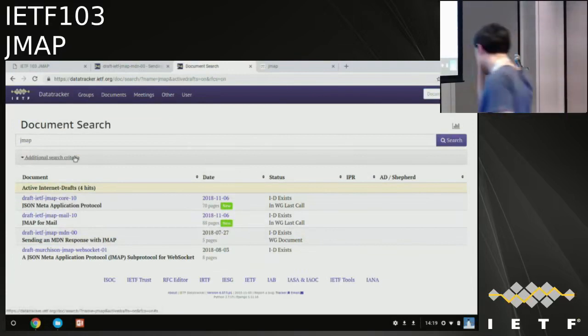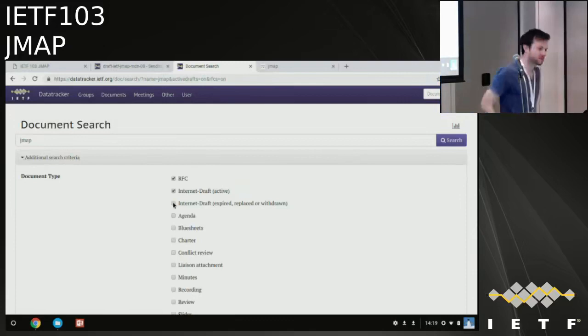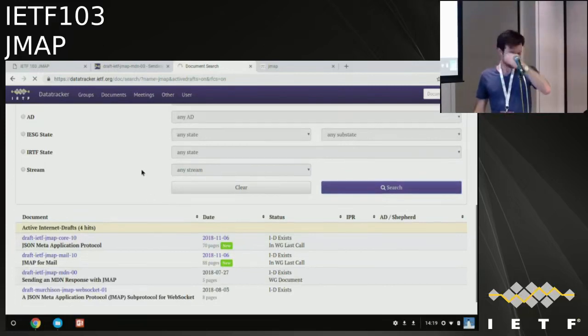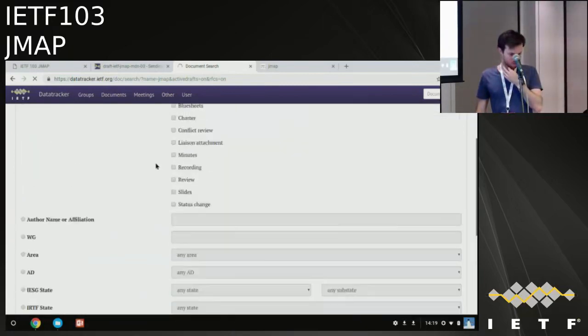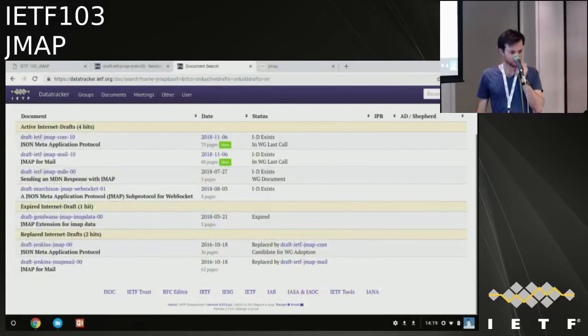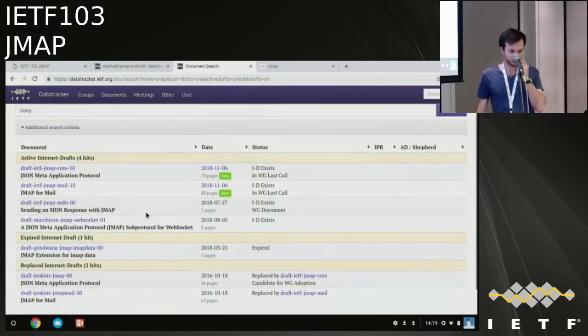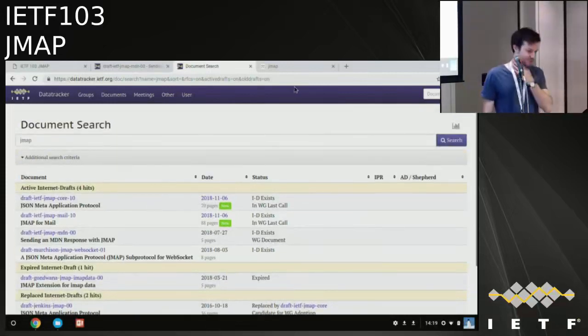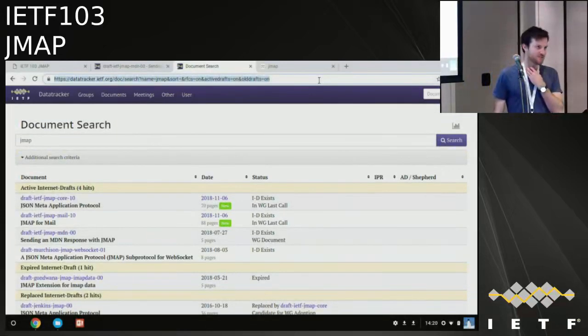Yeah, additional search criteria and expired. Jonas, Google it. Might be quicker. Well, let's not do this today.